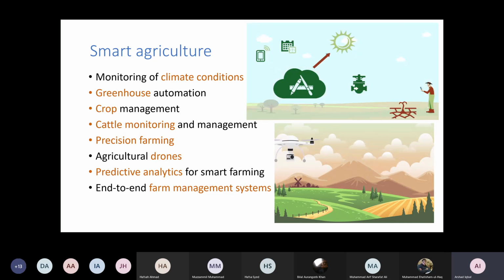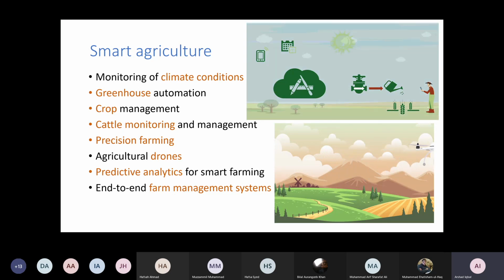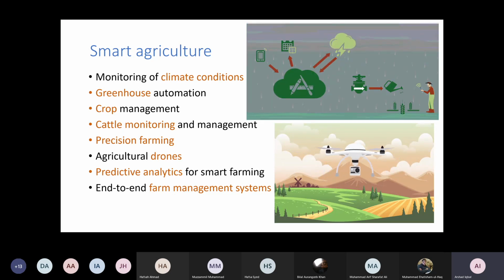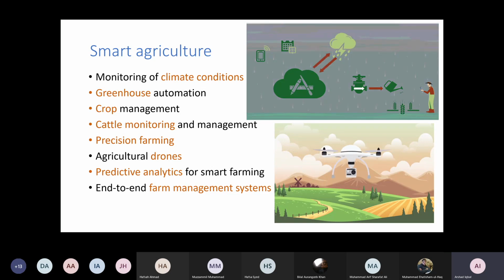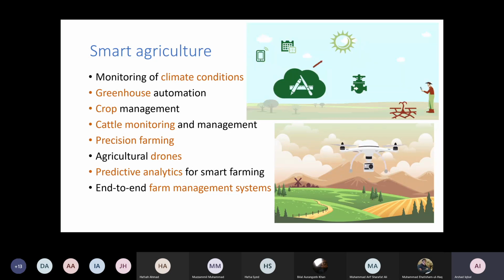So there are different ways depending upon the need of the network, and that information is then saved in a cloud or in a server. And when we have enough data, meaning the data required for an algorithm to give some meaningful information, the user or the engineer can apply some machine learning algorithms, and based on that some information could be extracted. We can use some kind of predictive analytics to get information about the future, that is, how this crop or how this soil will react in the future.